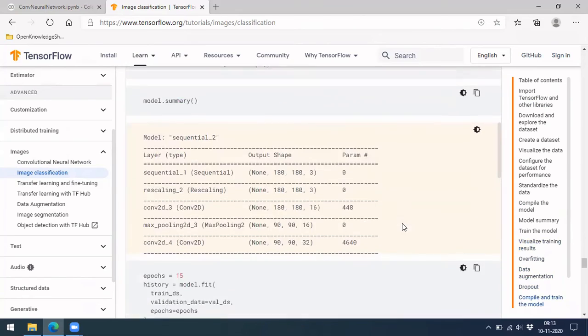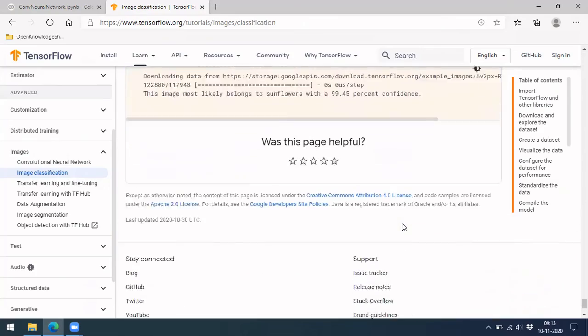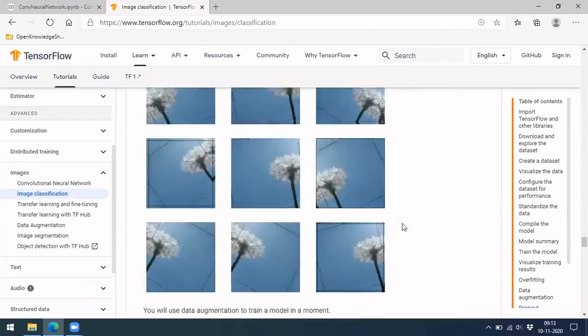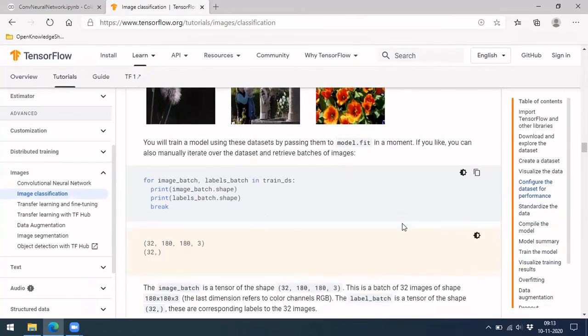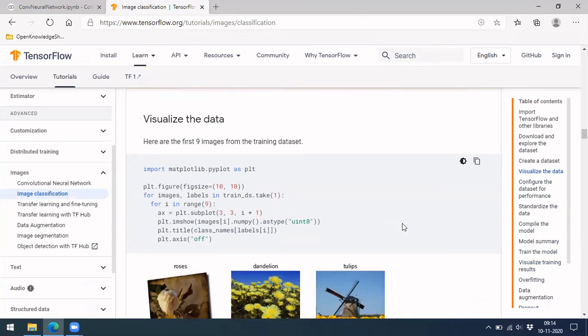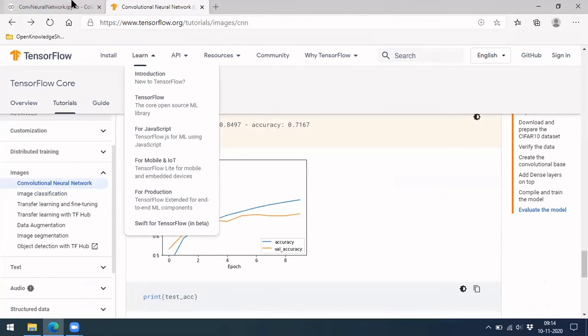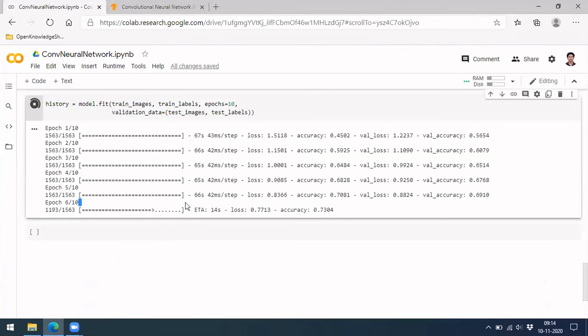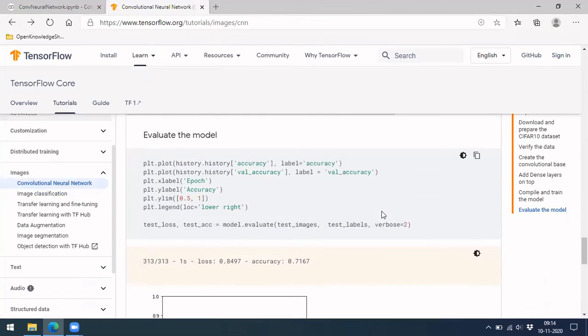I actually want to show you something else. They did not show any confusion matrix, but you know how to do a confusion matrix, right? What classes it has identified and what is the real class. Like that, we can plot a confusion matrix and report the performance of your model. Let's see if this is done. It's not done yet, but this will be similar to this, so don't worry about that.